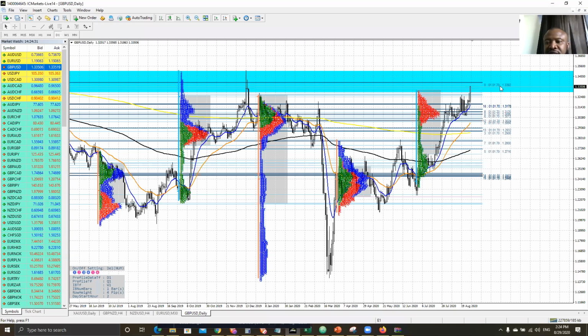So instead of chasing this, I'd rather leave it for now. It's a good buy, but we are approaching an area where something can quickly change around. So while you are not there, if you've entered the buy from this level, then it would have been a good buy. But where it is now, it's a no-go area for me.